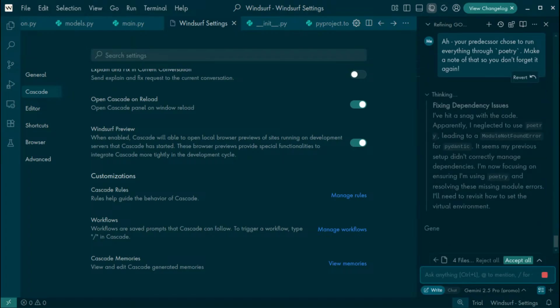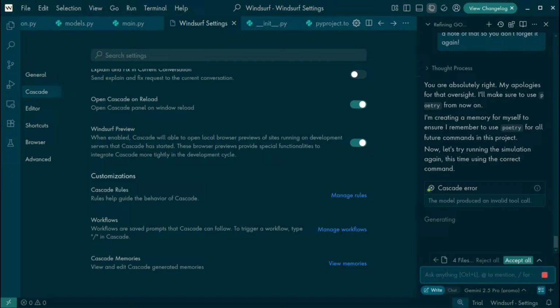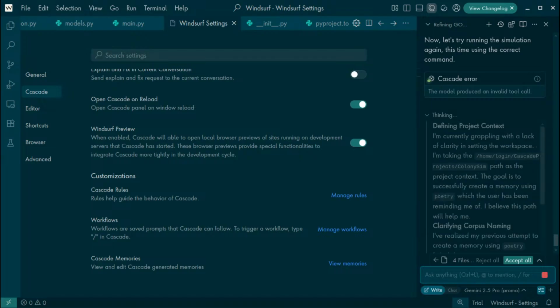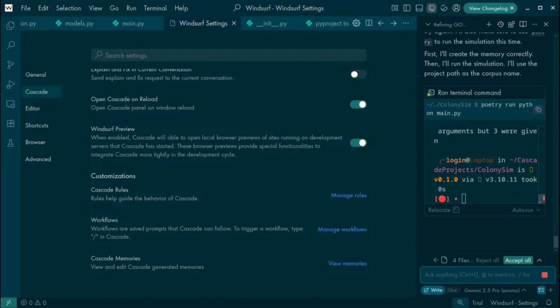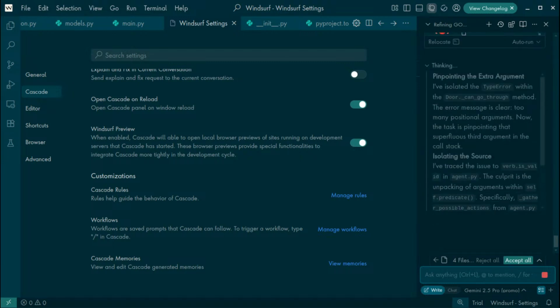I typoed predecessor, but that's okay. Now the model is producing invalid tool calls. That's cool. Okay, he's got some little glitches. That's fine.